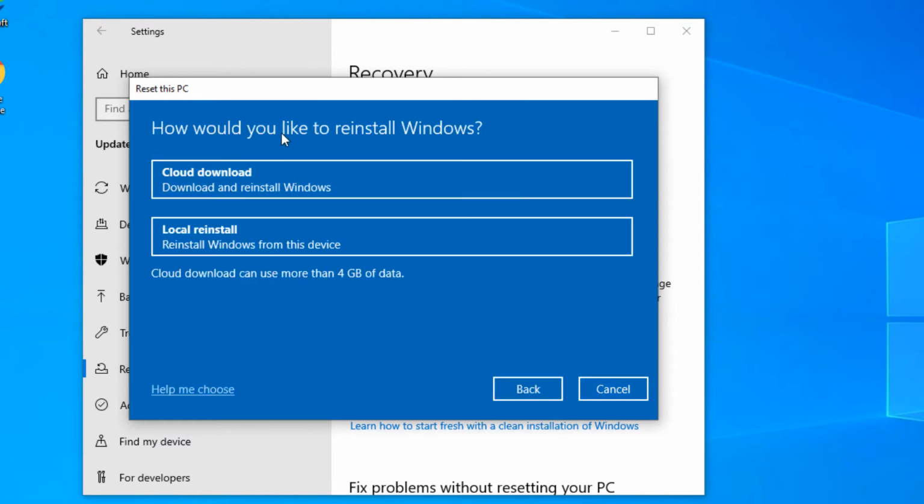It'll take a minute to go through the setup, and then this is the screen where it asks you how would you like to reinstall Windows. So you have two options here. You could either click on Cloud Download, which would actually download all the latest files from Windows and from Microsoft directly from their servers. So this would prevent you from having to download big updates,